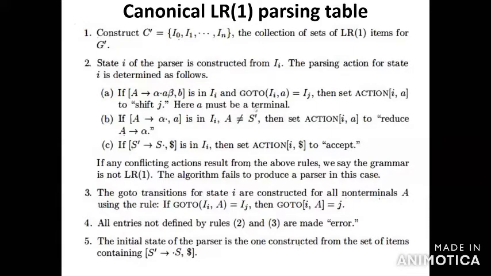So this is the first condition. The first two conditions are similar to the SLR parsing table. For the third condition, you only have to check S' tends to S dot, comma dollar. Once the production is entered, the same augmented grammar will be entered. You have to indicate the dollar symbol in the first state for accept. It's correct. So this is the same thing you have to do for the values.